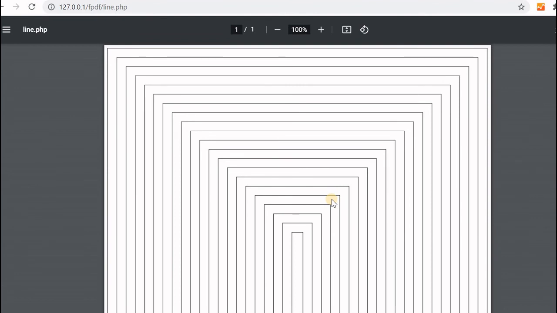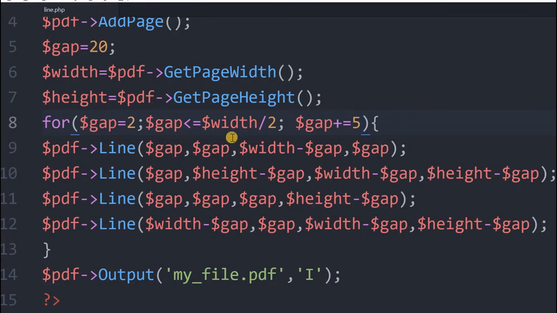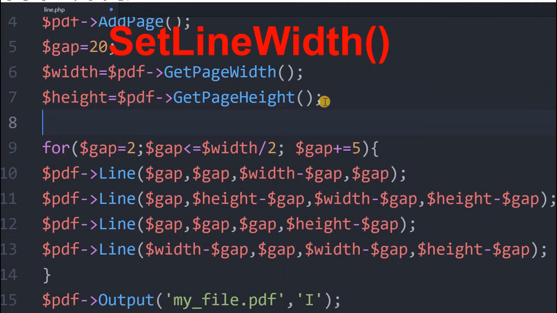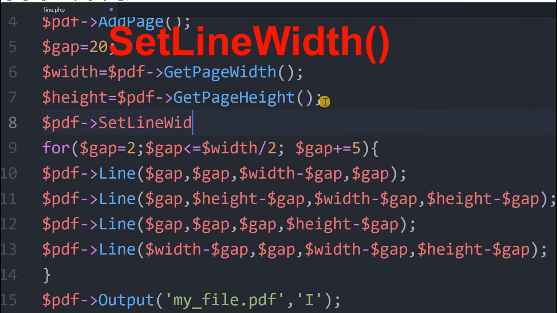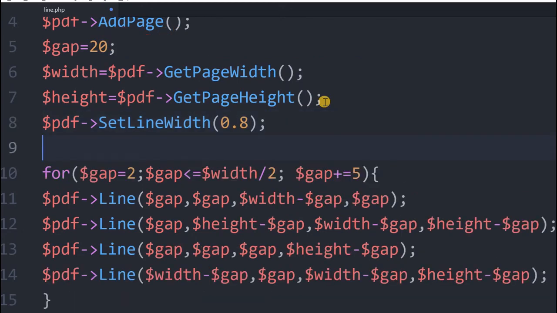You can change the width. Now next we'll see how I'll change the color. See what happens here. I'm changing the value. Now I'll set a color for this line, and if I keep on changing that color's RGB value, that will change the color. Let's first set a line width. You can also change it as per your requirement. Set line width. I am just doing it outside the loop. Set line width, let's say 0.8. I am doing this outside the loop, so it will not be repeated.